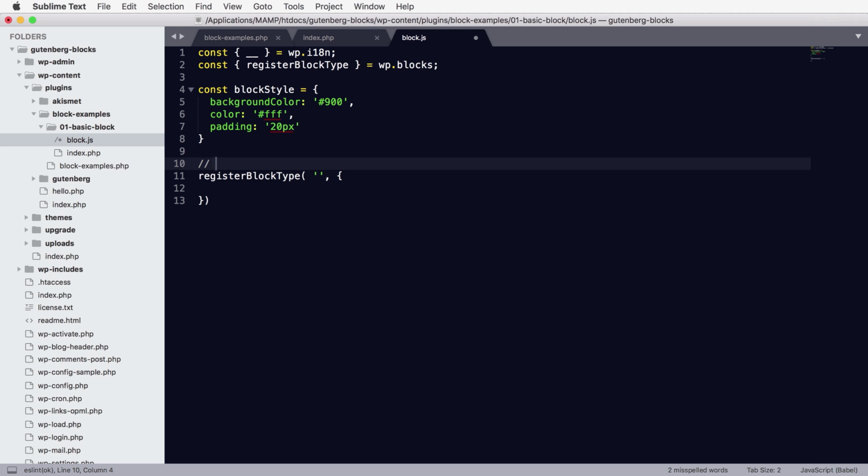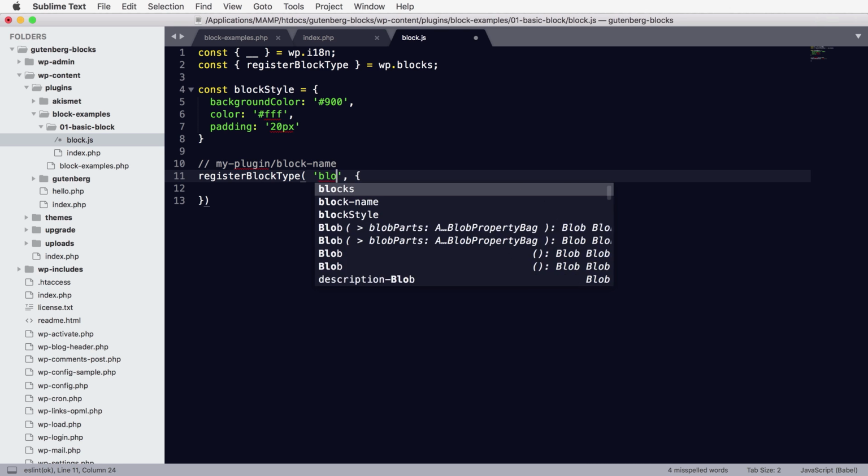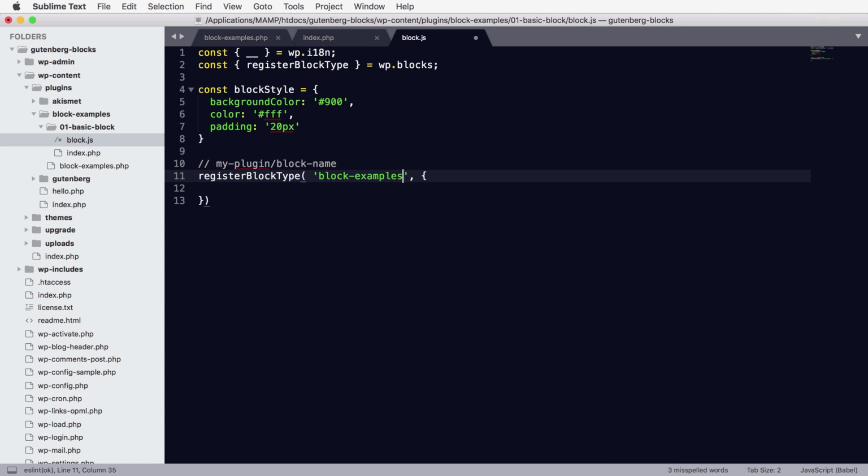Okay. So let's name our block, and just as a note, you're going to want to name this block using a prefix, which is the same as the name of your plugin. So it'll just be like my plugin and then your block name. And you have to use this prefix. It's the only way it'll show up in the inserter in the Gutenberg editor. So we'll call this my plugin block examples. And then the block name is 01